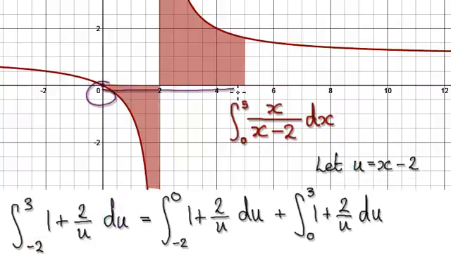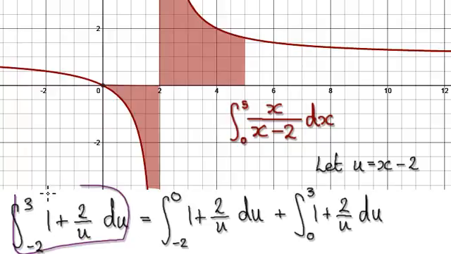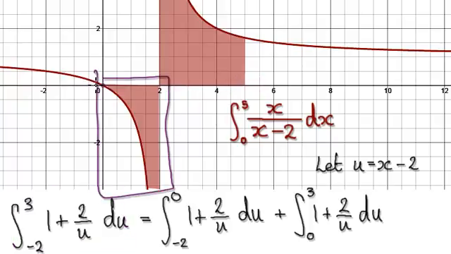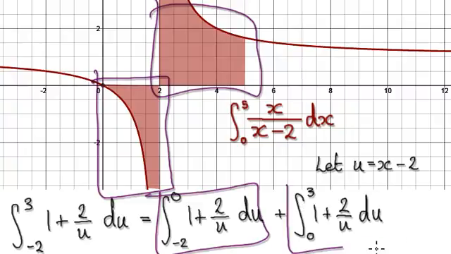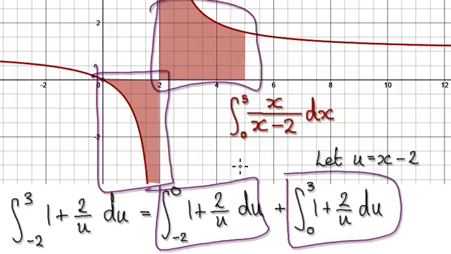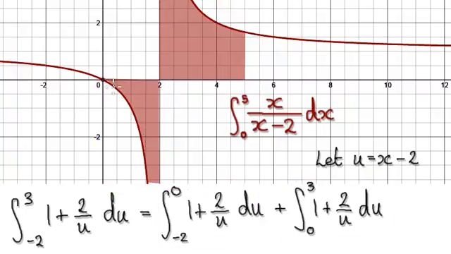So from here to here, which is in the du realm, it would be negative 2 to 3. We would need to break this whole thing up into two separate parts. One part is this bit here, and this here is the other part. So in the du realm, from here to here would be from negative 2 to